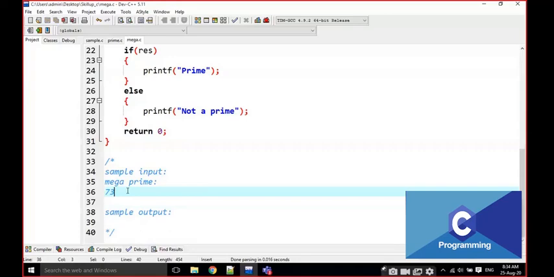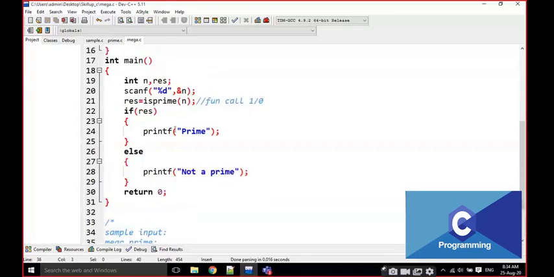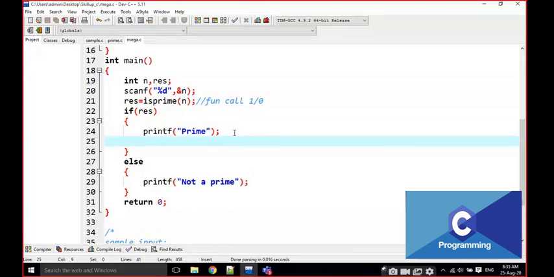Now I am going to write a small adjustment program here. If it is a prime, instead of printing yes, we have to check only at that time. If the number is prime only, then we have to check. For example, 72 is not a prime, but each individual digit is prime. 2 is prime, 7 is prime. Don't consider that number as a mega prime. First of all, it must be a prime. Then only we check whether it is a mega prime or not. That's why I am writing the logic inside the prime condition.